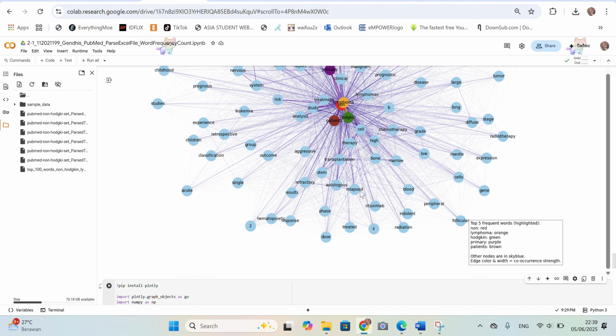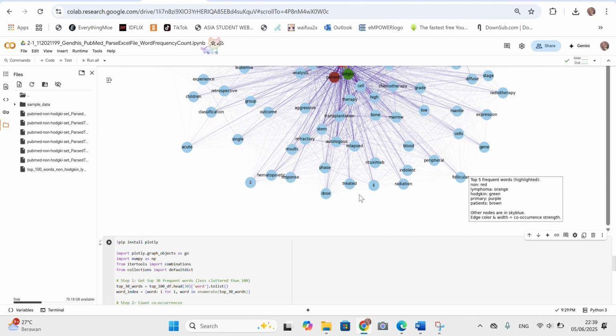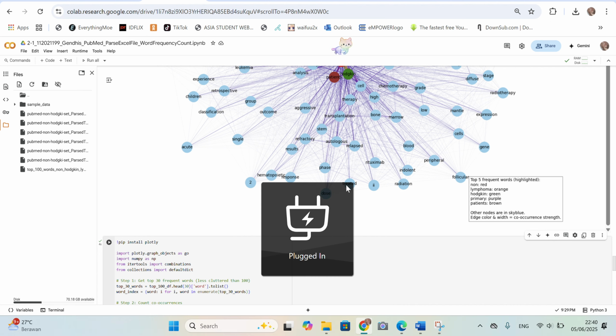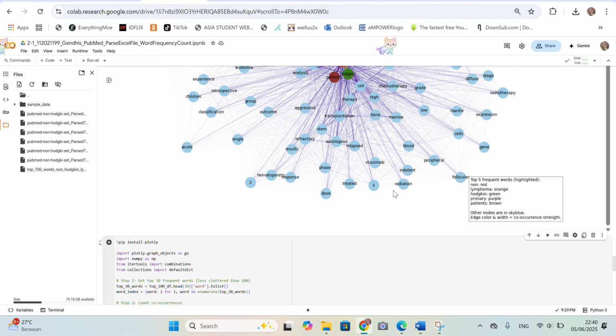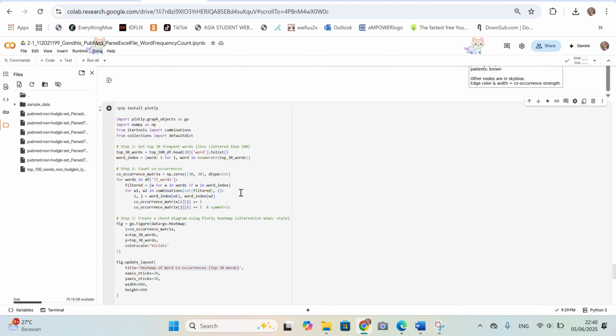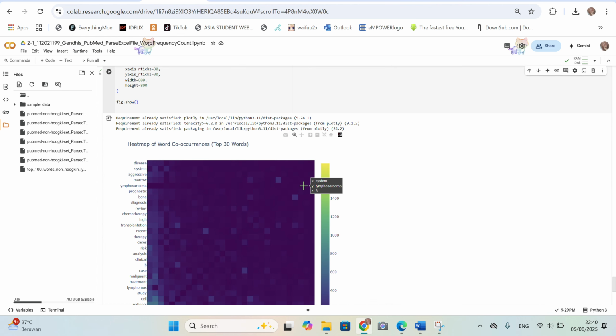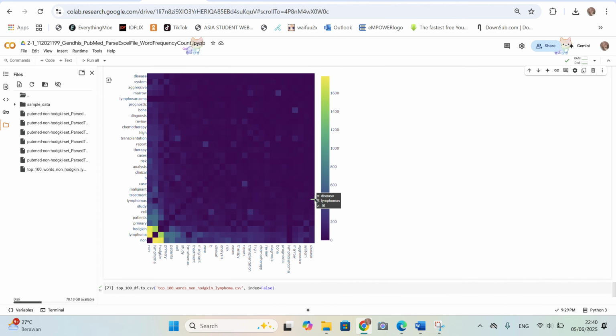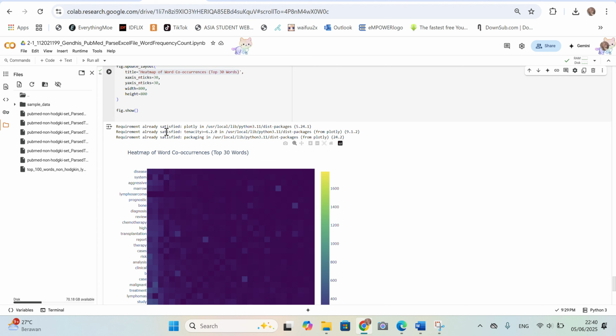I also made a diagram, a matrix heat map of word co-occurrence for the top 30 words. I'm sorry, I just plugged in my laptop. And then here is the code. And then this is for the matrix. Yeah, that's all. And I already got the output file here for the top 100 words non-Hodgkin lymphoma CSV, and